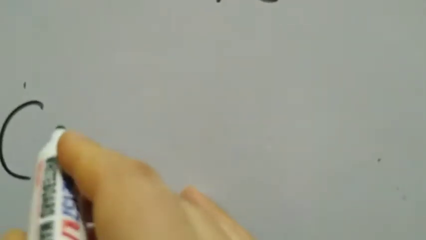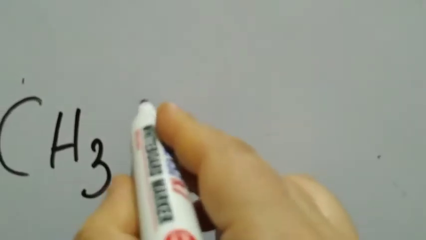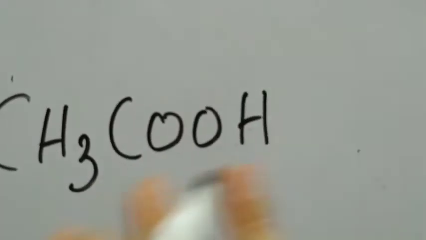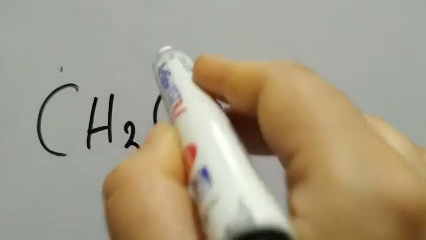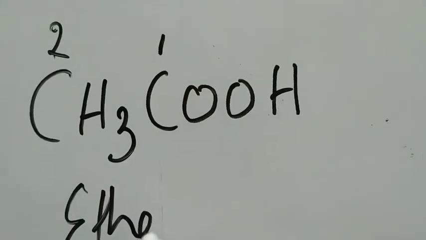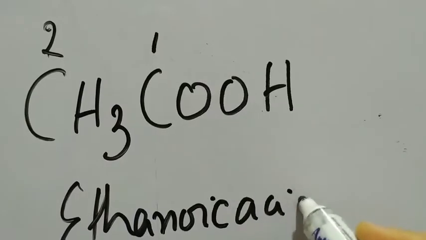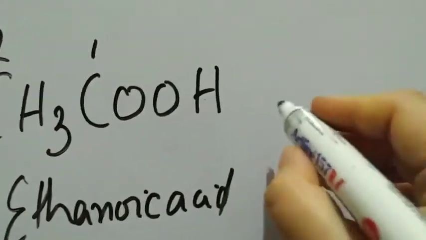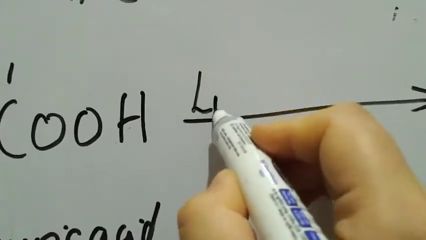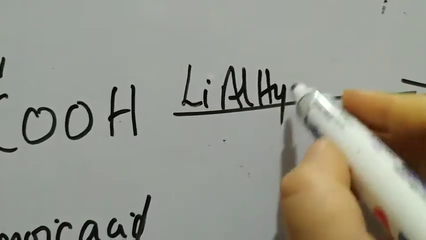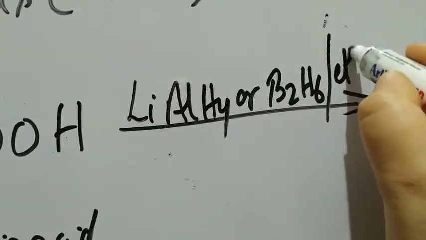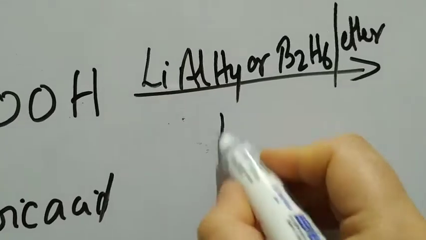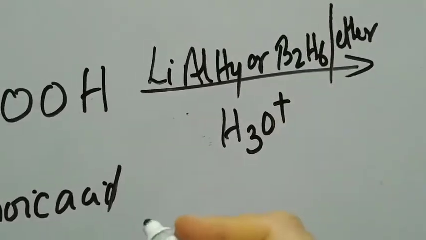Okay, let's start with CH3COOH. I'm doing the simplest example. Again, the carboxyl group, the carboxylic acid, is a terminal functional group. Its carbon is always carbon 1, then carbon 2. Therefore, the compound is ethanoic acid. Eth is the word root because we have two carbon atoms. We'll carry out the reduction using lithium aluminium hydride as the reducing agent, or in the case of carboxylic acids, you can use an ethereal solution of diborane in the acidic medium, H3O+.